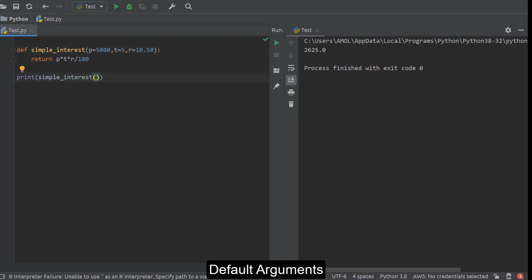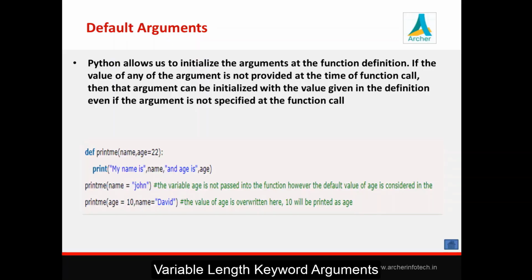Now another thing we need to understand here is that the positional argument sequence is compulsory. If you want to provide a default value for R, and if you want to provide a default value for P, you need to give it for T, and you need to give it for R. You can't do something like this, this will produce an error. Can't do something like this, this will produce an error. So if you want to give a default value for P, you need to provide it for T. If you want to give it for T, you need to provide it for R. The sequence is from right to left here. Means we need to provide default values from right to left in terms of parameters. So this is known as a default argument.